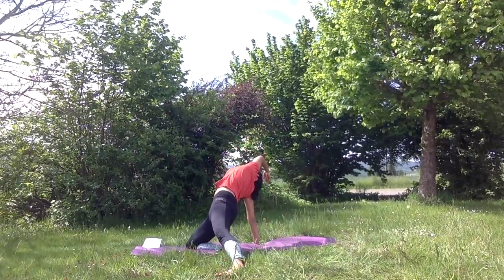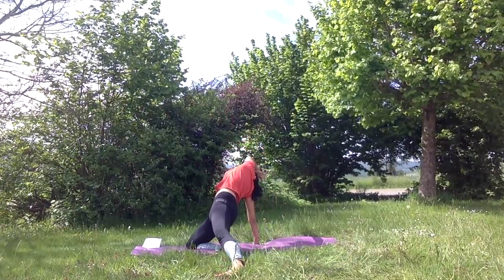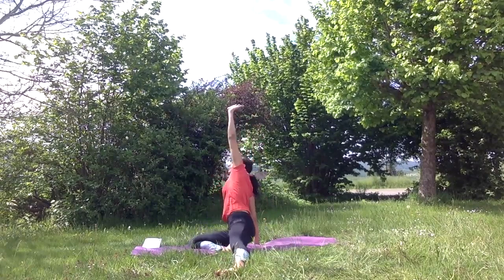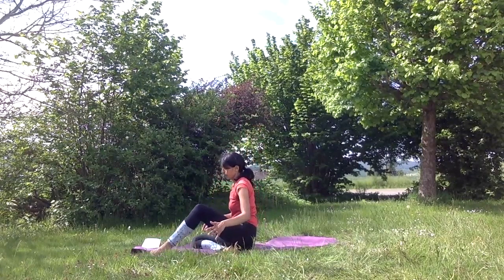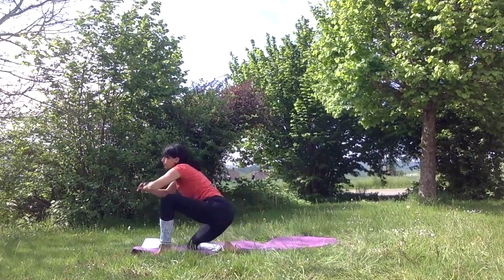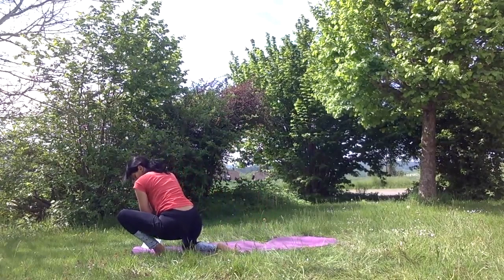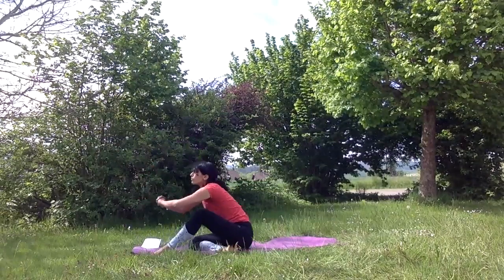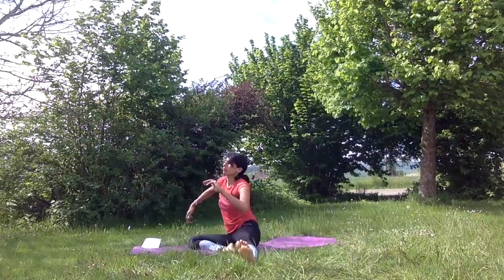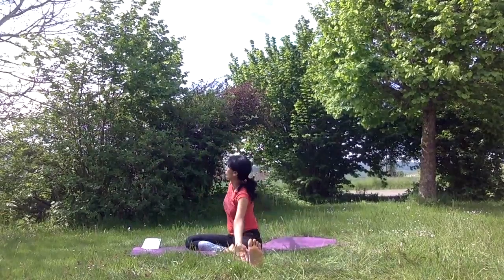Now, a counter stretch here is to bring the right hand down on the right side and again go into this side plank back bend version. Bring the left foot right in front and just extend or push the knee past the ankle. And when you're ready, we're going to reverse the movements, coming back into the side bend, the back bend,